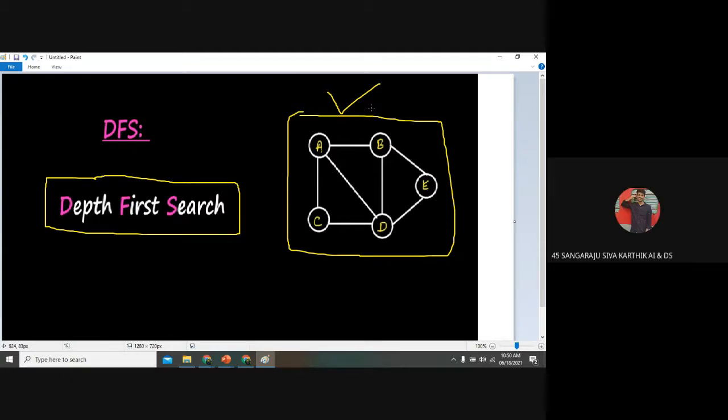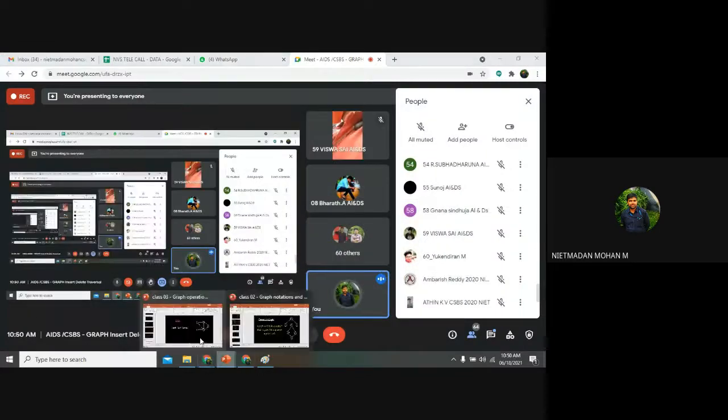So in that case, which node you want to take as your first node depends upon you. If suppose I am taking A as my first node, and I want to compare the adjacent nodes of A. If you have two adjacent nodes, you can choose any one of them. So I will give you the condition first.